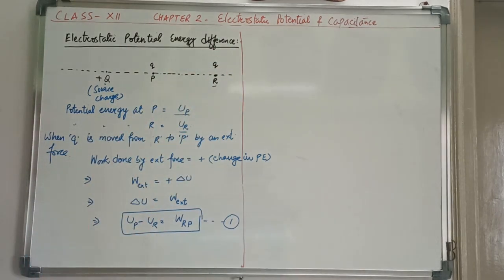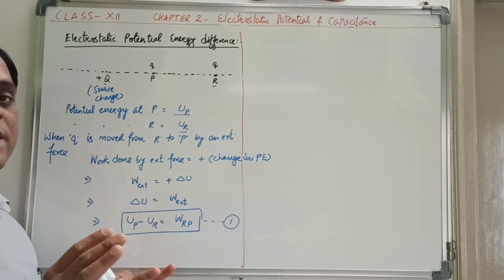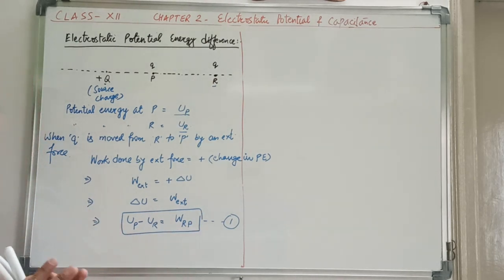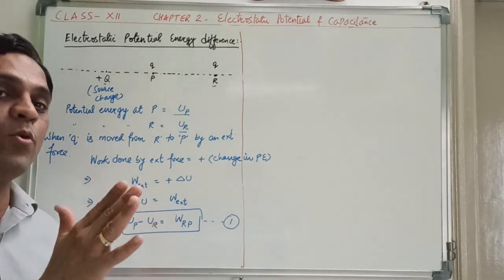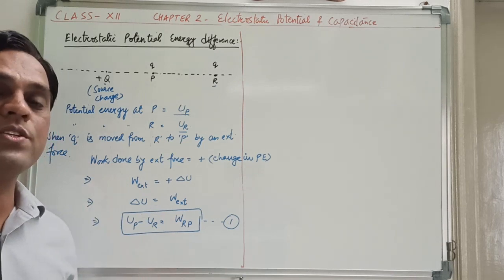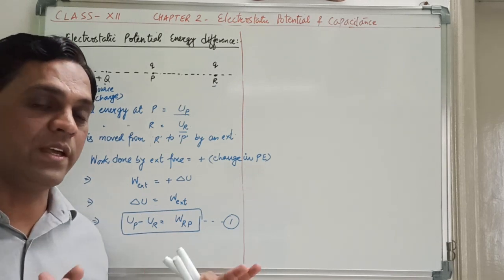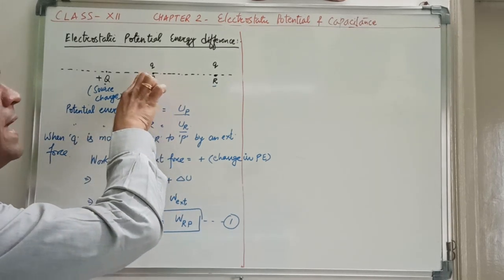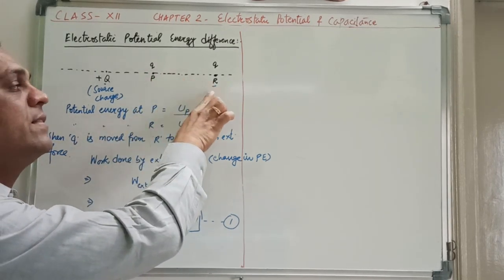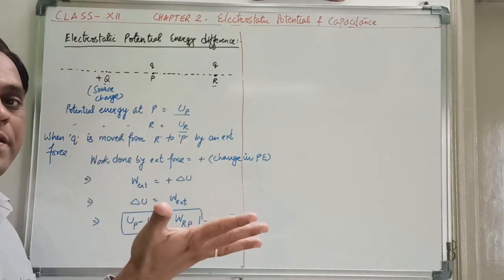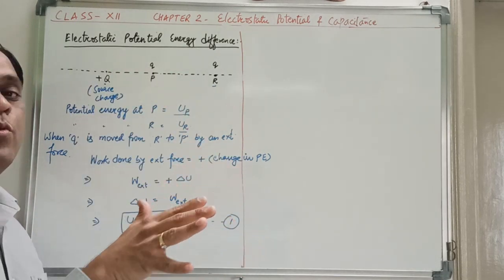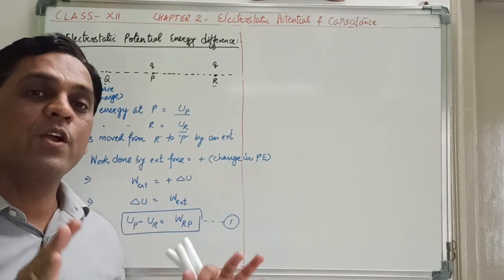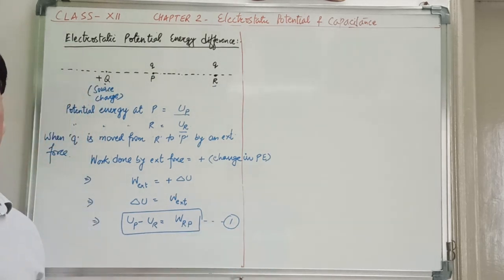Then again, in class 11th we did that, you remember, what is physically meaningful is the change in potential energy. At a given point potential energy is not at all meaningful, correct? But still, to define absolute potential energy at point P, we have to take the other point in such a manner that at that point potential energy becomes zero. We call that point the reference point, correct?